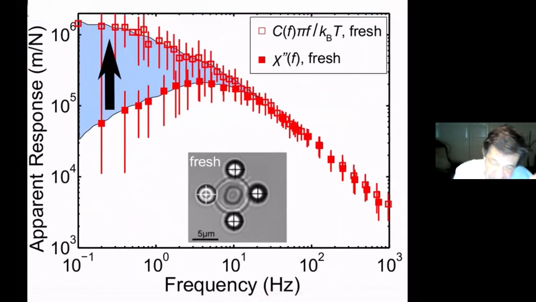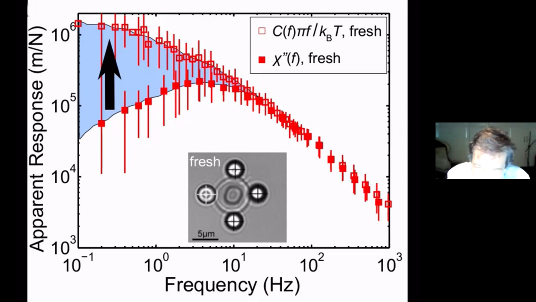So this is a discrepancy between theory and experiments. I use omega and he uses the real frequency, so this is where the pi's are coming from. This curve here, lower curve, is the imaginary part of the response function. And this upper part here is the spectrum of the fluctuation multiplied by what it should be multiplied to satisfy the fluctuation dissipation theorem. You see that at high frequency, the two curves superimpose, so the fluctuation dissipation theorem is